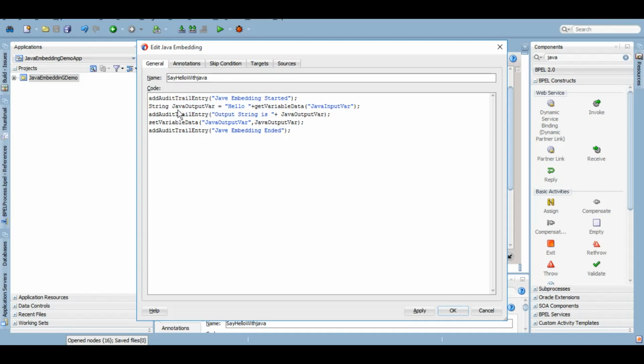So again, this is purely Java. So we have put one starting audit trail, one ending, and one for whatever the output that we are getting. Okay, so let's apply. Okay.